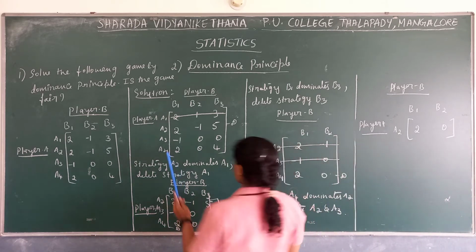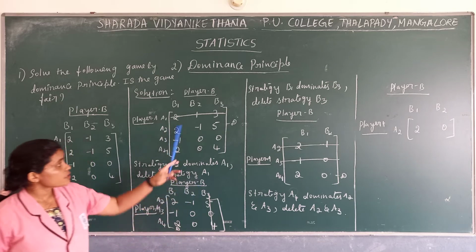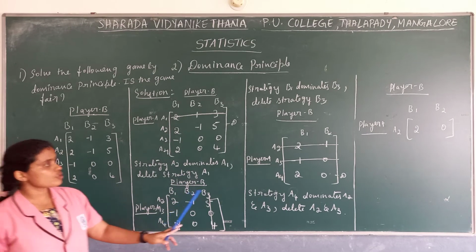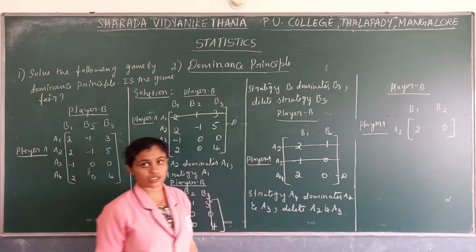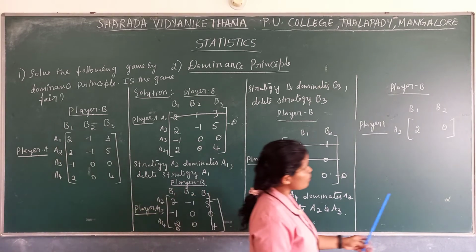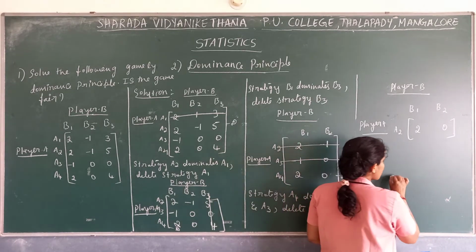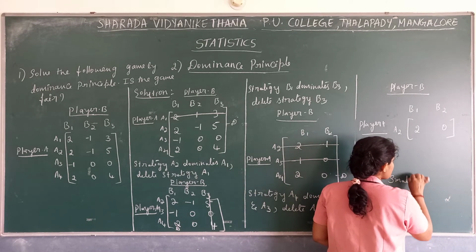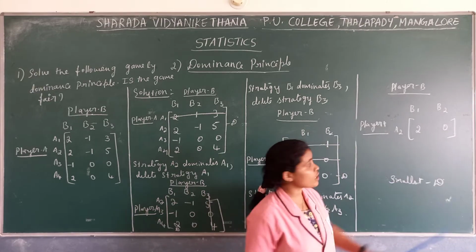Now here we started with row wise comparison. We have to start with row wise comparison. Row wise over, here column wise over, once again row wise over. Now here comes once again column wise comparison. What we have to see in case of column wise, which one dominates, which is the smallest one. In case of column wise, the smallest value dominates. So we have to check which is the smallest one.